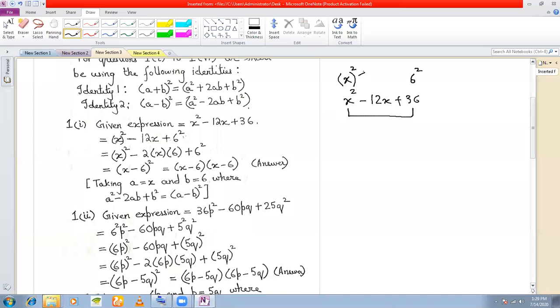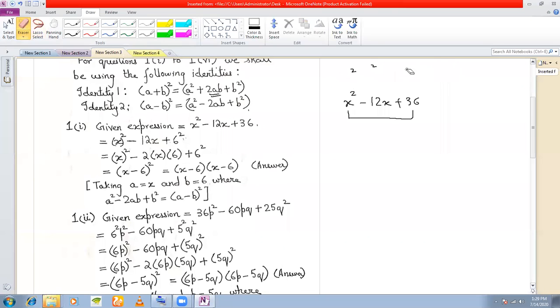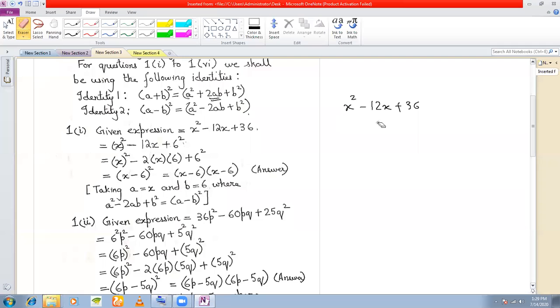Right? So if I take this term as my a square, this term as my b square, then what about the 2ab term? This must be my 2ab, isn't it? Yes, sir. So if you are getting an a square term, and a b square term, the third term has to be the 2ab term. If it is not the 2ab term, then we will not be able to factorize. Understood? Yes, sir. It has to be the 2ab term. So let us see what happens here.